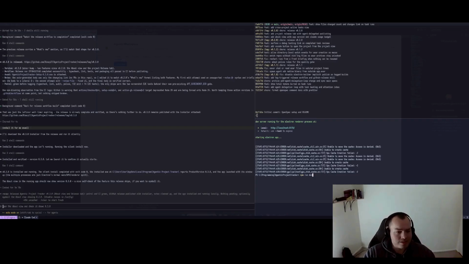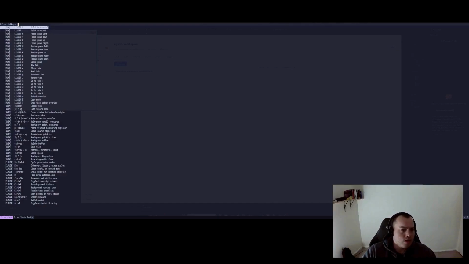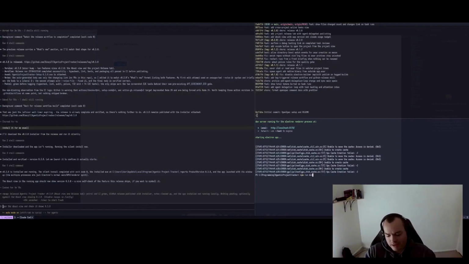The cool thing about this is I actually made a widget which shows off a bunch of shortcuts that I can use within my WezTerm configuration, and this is just an overlay. When I do leader question mark key in combination, it'll show this little overlay that has a bunch of shortcuts here that are commonly used within like Neovim or the Mux window, and then also Claude. If I hit escape now, that'll go away, but that's this little widget that I built within my actual WezTerm